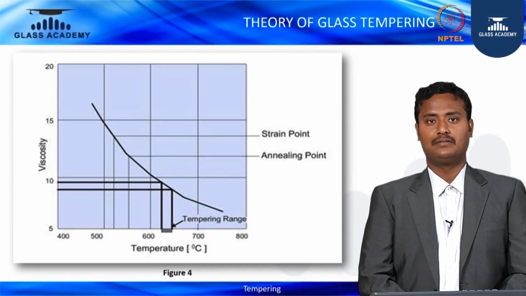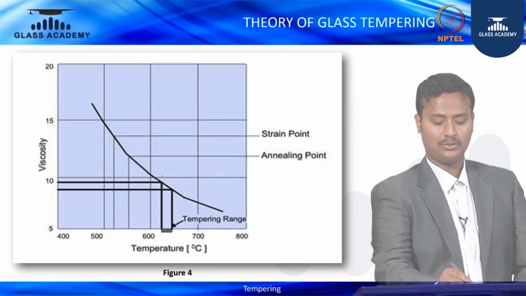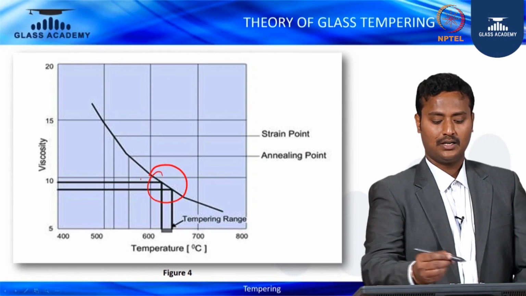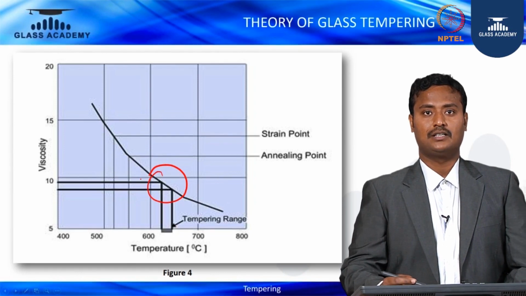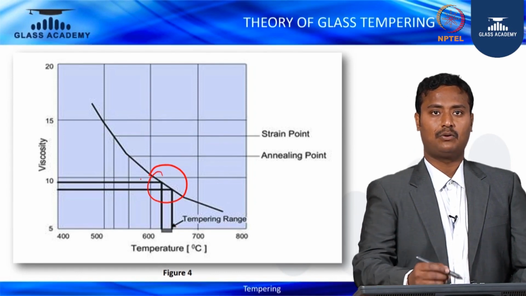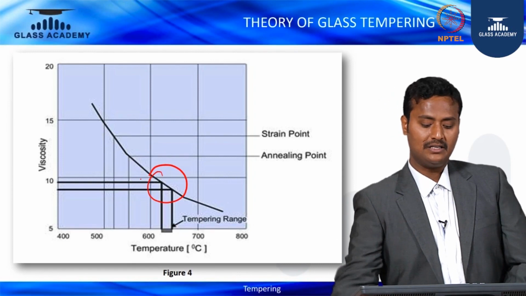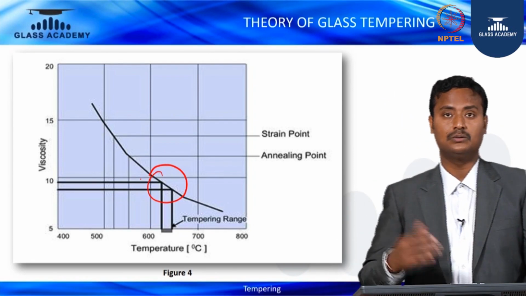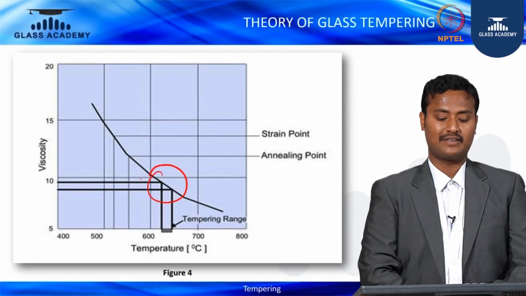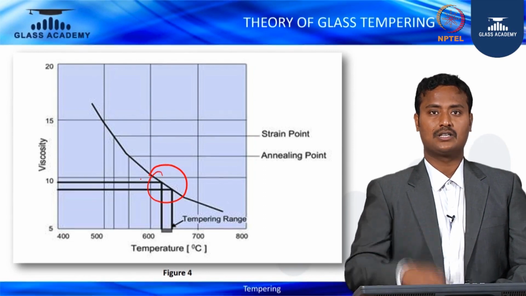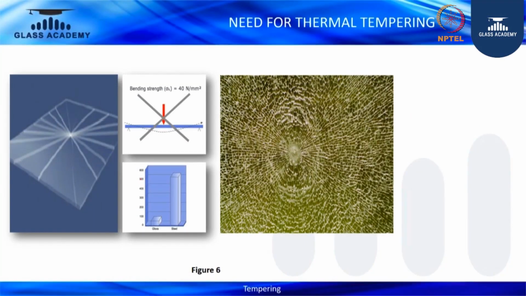You see the tempering range is high. This is the place where the tempering range starts. You can see the strain point and annealing point here, which means the glass is heated up to 600 to 700 degrees centigrade, where the curve starts. This is the fragmentation pattern of tempered glass. Why the need for tempered glass? On the left-hand side you see the annealed glass fragmentation, which harms people because it is sharp in nature. It will hurt the people.